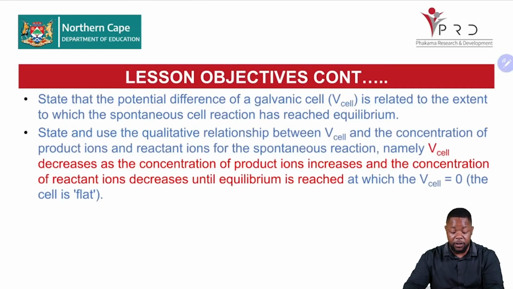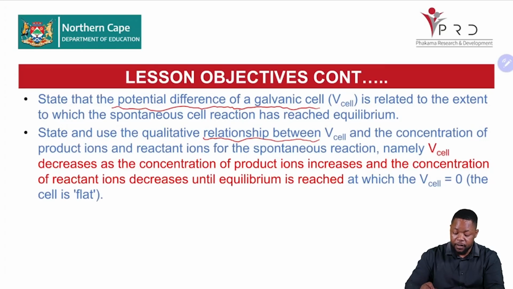The lesson objectives continue. We also need to be able to state the potential difference of a galvanic cell in volts related to the extent to which the spontaneous cell reaches equilibrium. We are going to learn that our cell is going to reach the state of equilibrium, as you have studied chemical equilibrium. And we need to state and use the qualitative relationship between the V cell and the concentration of product ions and the reactant ions in a spontaneous reaction, namely